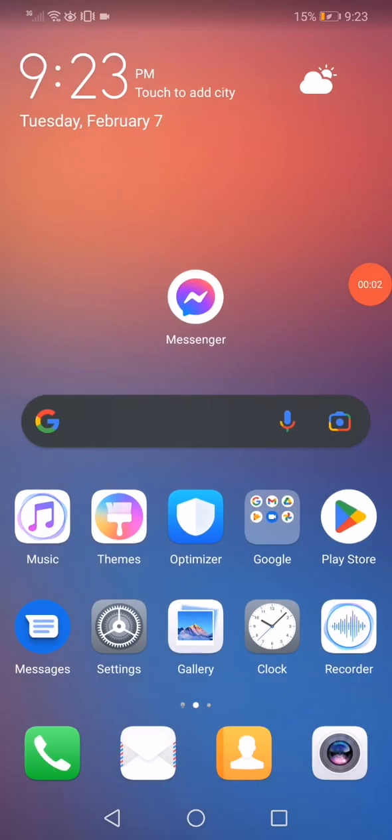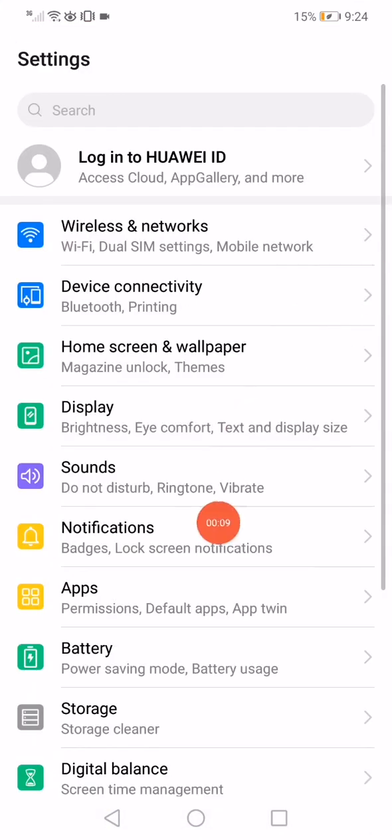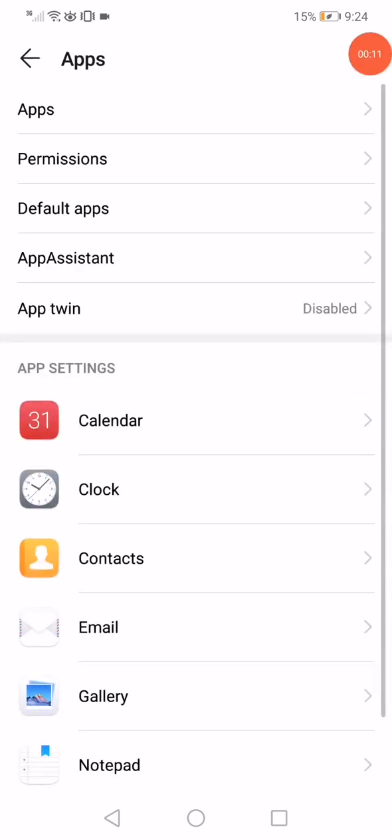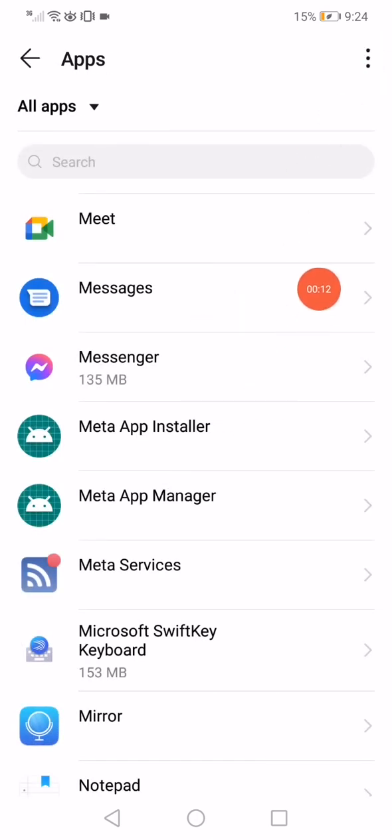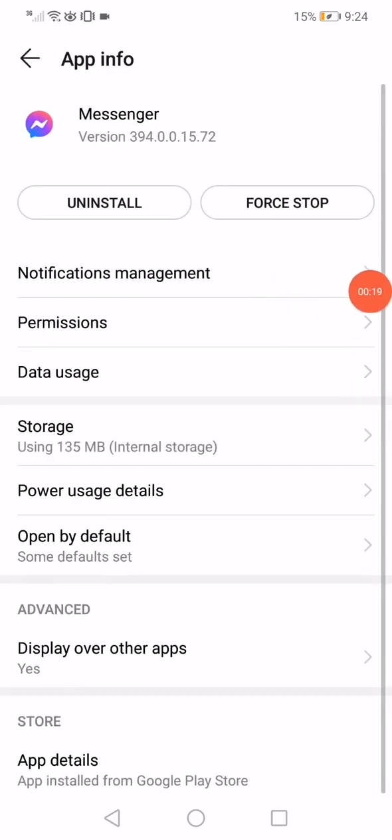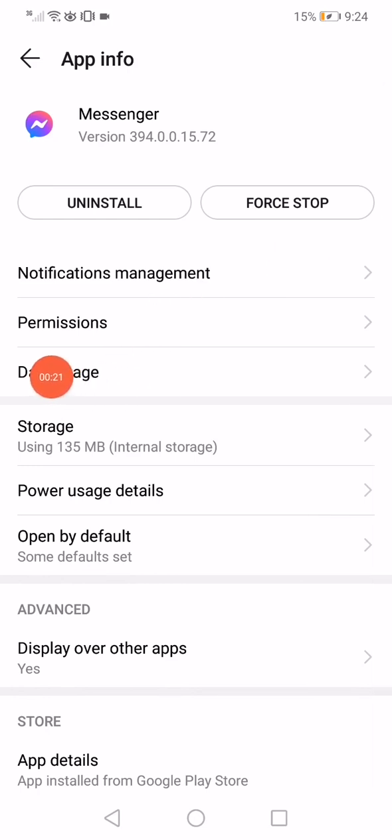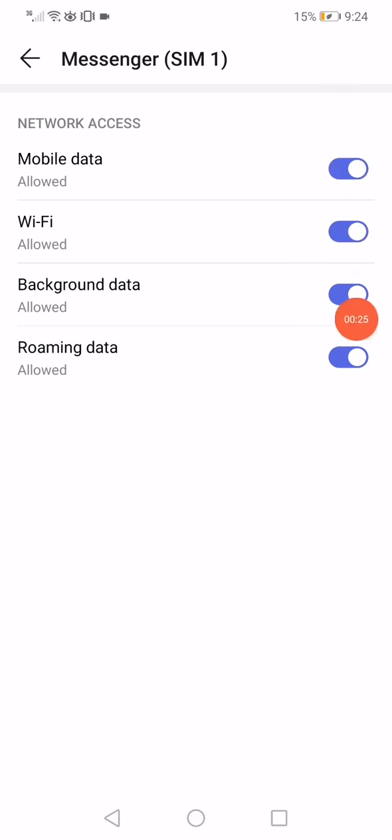So how to fix Facebook Messenger not loading? So first thing you want to do is go to the settings and then open the apps manager. Now right here on this page you will find all the apps that you have. Click on Messenger and then click on the data usage right here and make sure to enable those four options